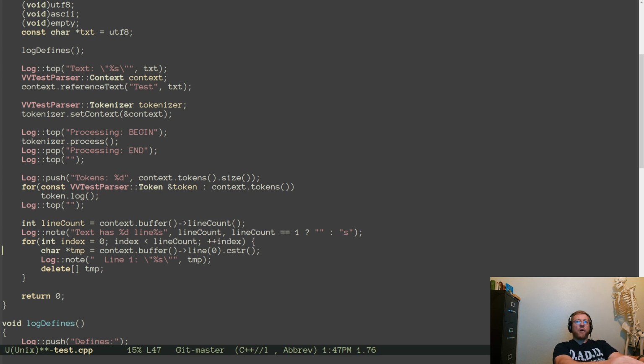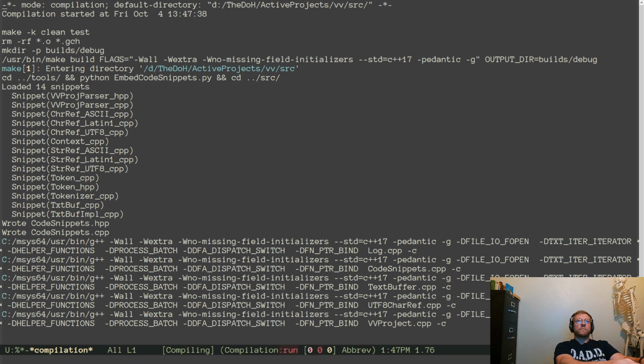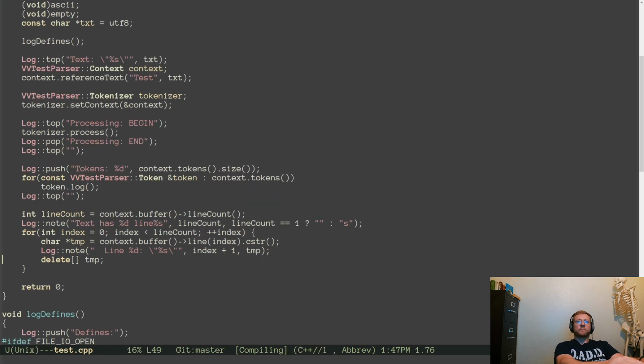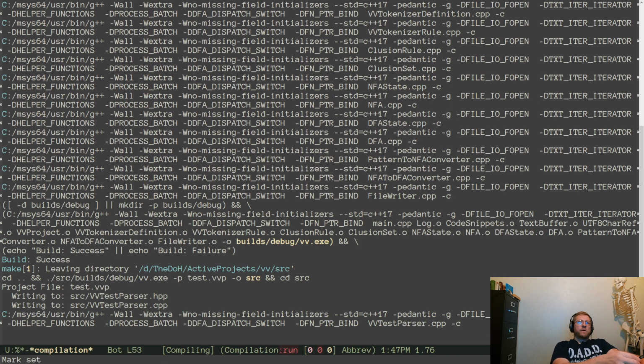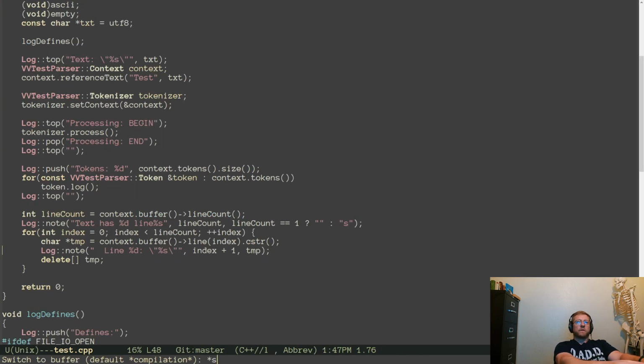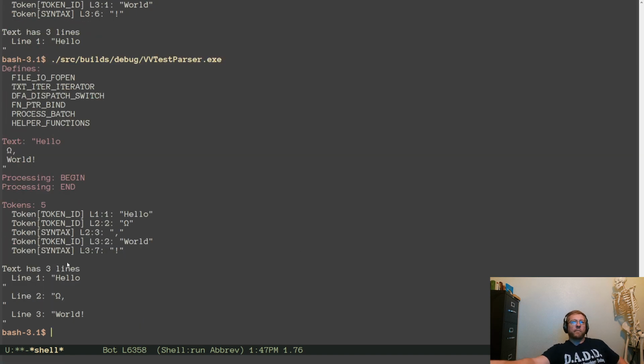Index. Last thing we would like to do, if we can. Yep. Text has 3 lines. Hello, Omega, and world.